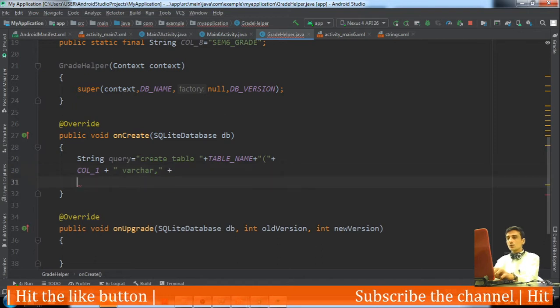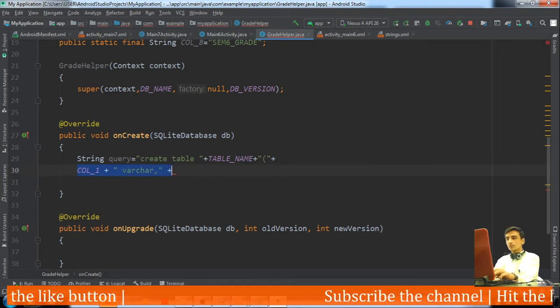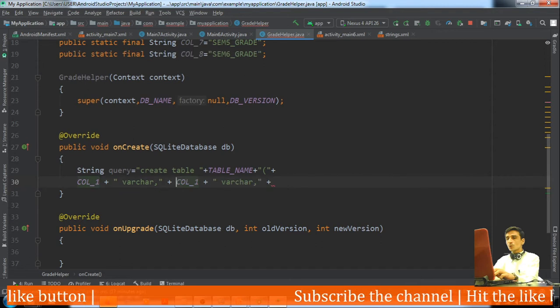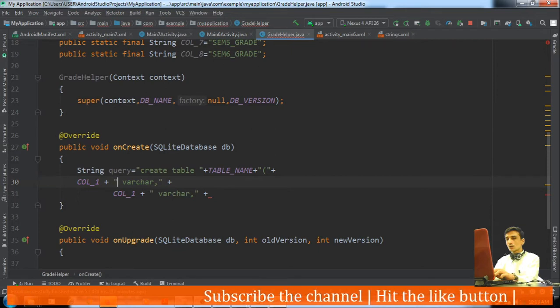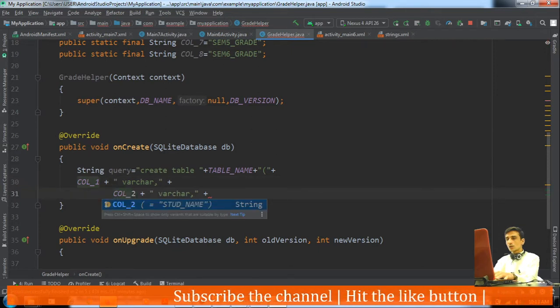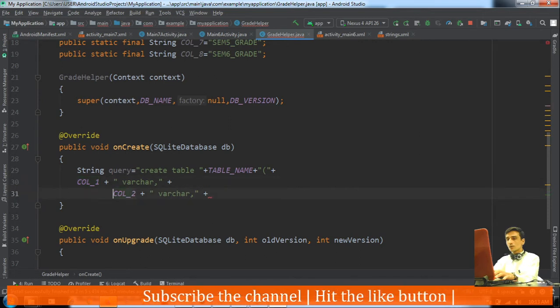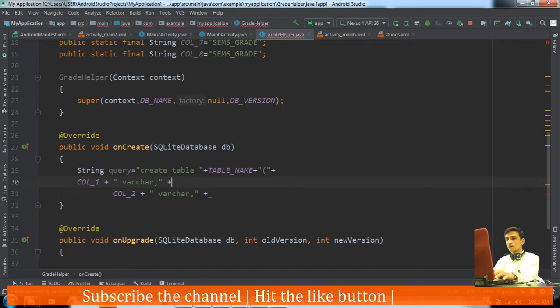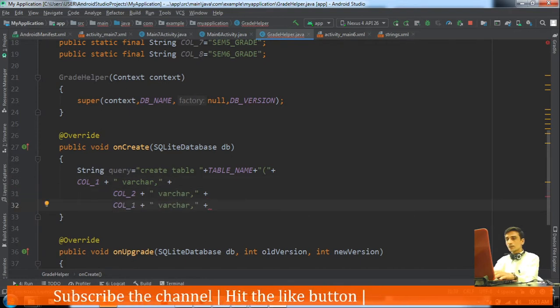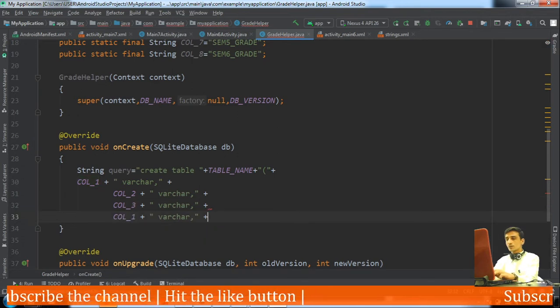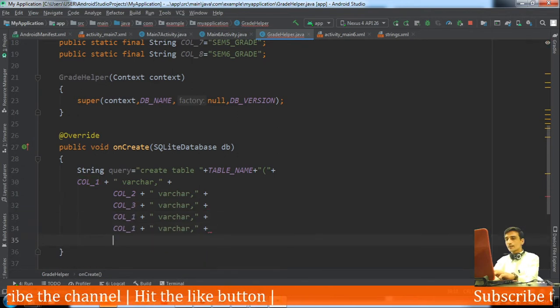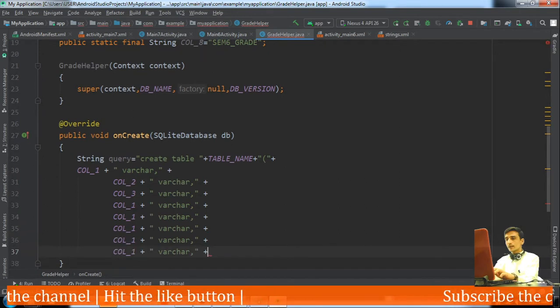Then column 2 is also text, then column 3, then columns 4, 5, 6, 7 and 8.